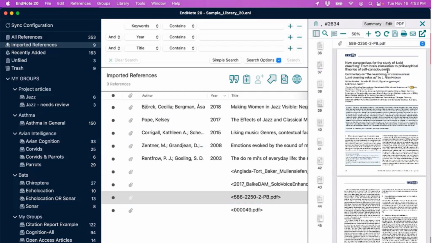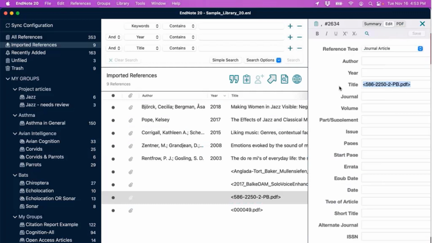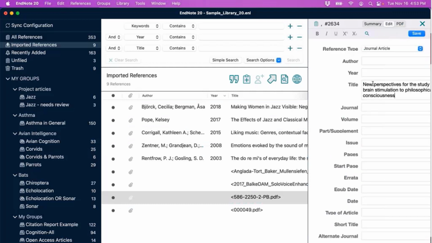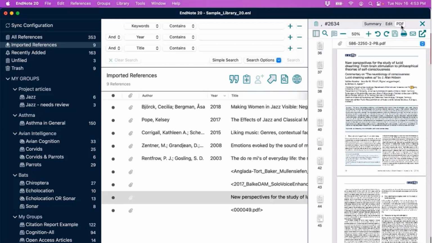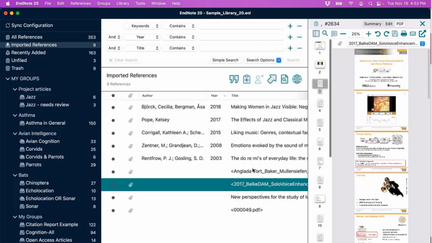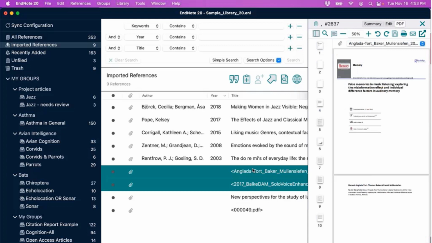If you wanted to, you could go field by field. You could switch back to the PDF preview. You can go back to the Edit tab. You could start populating the reference if you'd like, and that would turn it into a usable reference you could cite in a research project in Microsoft Word. But sometimes I find it a little bit quicker to delete these placeholders, find them in an online database like Google Scholar that has an EndNote export option, and just manually attach the files to those handful of records.